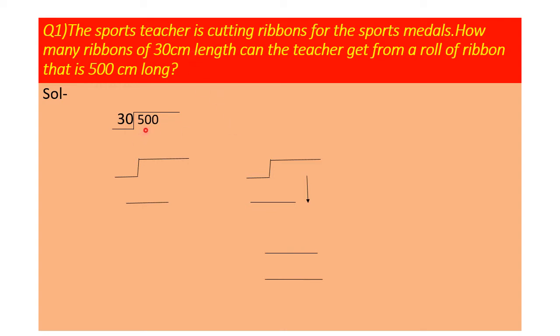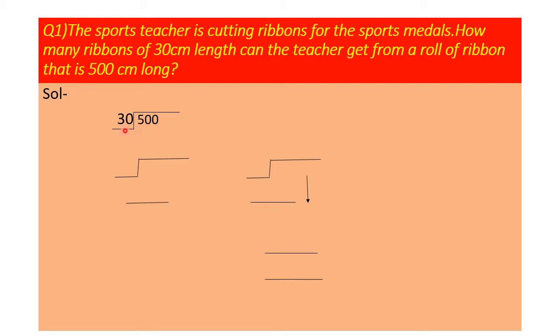So now we need to divide 500 centimeter by 30 centimeter. I have already told you that there can be two methods for division. First, you can round off the divisor or dividend and then guess the quotient, and second, you can hide the zeros present over here and then guess. It would be better if we hide the zeros. Let us assume that there are no two zeros and no zero here. If I ask you to divide 5 by 3, how many times can you divide? You will be able to divide one time.